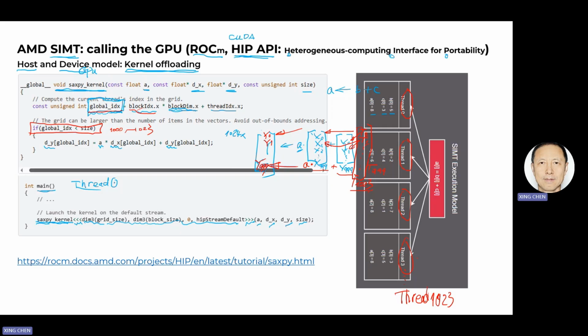So that means they are going to do nothing, because they have nothing to do, because you have more threads in the workload than you need. These threads will just be there and check that they are out of range of the vector, and they are going to do nothing. Okay, so for that to be easy to understand, I turned this